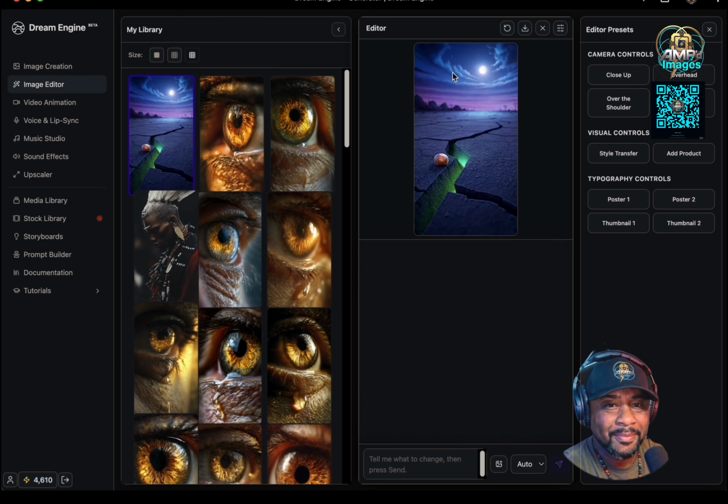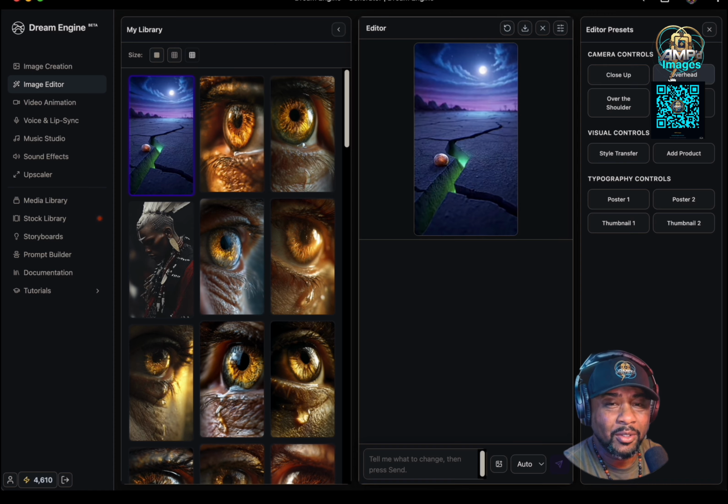And this is what it looks like when you launch the image editor. You have some options over here that you'll notice on the side to help you refine the images that you're looking for. Here you can choose to type and make changes. Also, here is an option where you can,